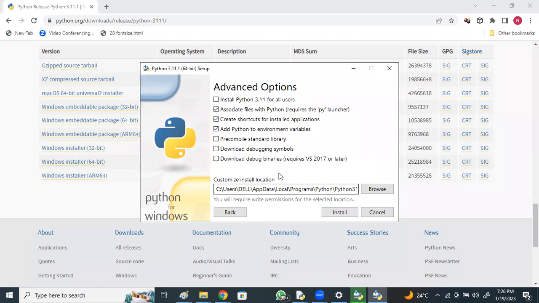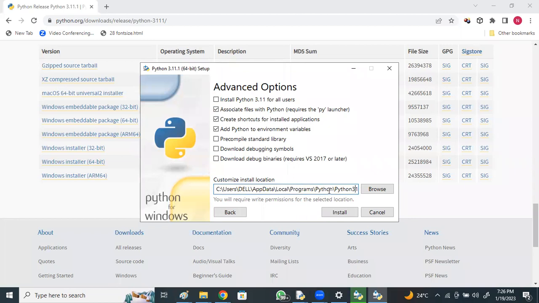Next. Here also there is nothing to select. It is asking for the customize installation location, meaning where you need to install Python. By default, it is installed in C drive, Users, Dell, AppData, Local, Programs, Python311.